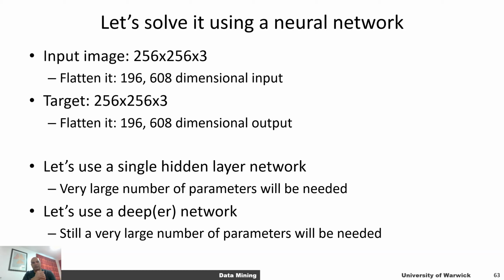We can use a deeper network, and that's going to reduce the number of required parameters, but still a very large number of parameters are going to be needed. How can we solve this problem? A solution to this problem was proposed by some excellent researchers in machine learning, and